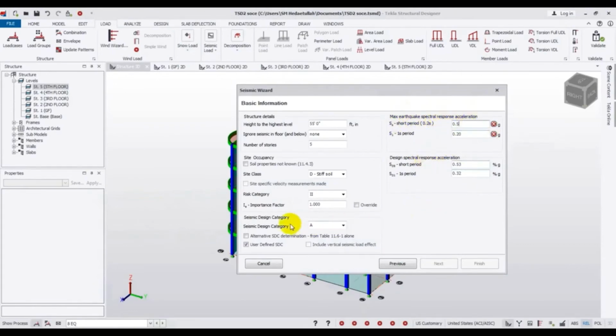From here you can also select the seismic design category, at which category your building is. D will be the very dangerous, A will be the simple, then B, C, like that. You can also leave it, and it will select from the code. I'll prefer that you select that. After that,